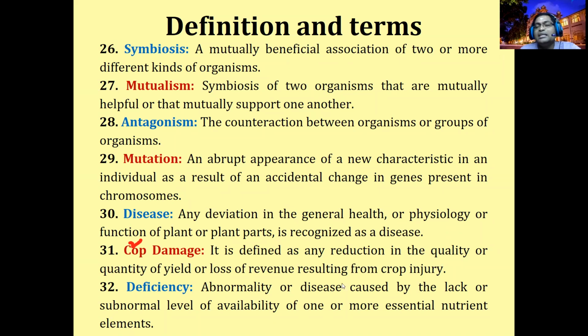Or any organism, even insects, we also call it crop damage. Deficiency means abnormality of a particular nutrient to the crop, or a suboptimal level. We call it a deficiency. The essential nutrient is not there, and the plant shows symptoms. If you misinterpret these symptoms as a pathogen attack, you will definitely spray unwanted chemicals, but actually it needs nutrition. This is mainly